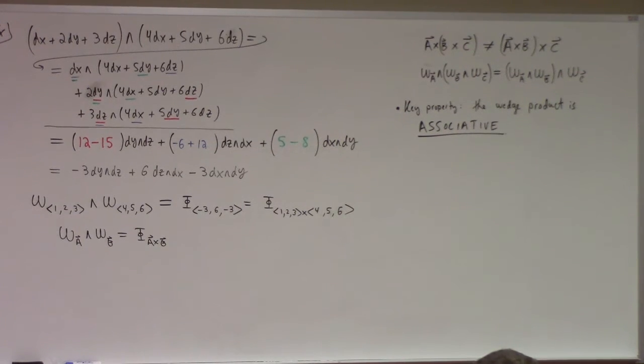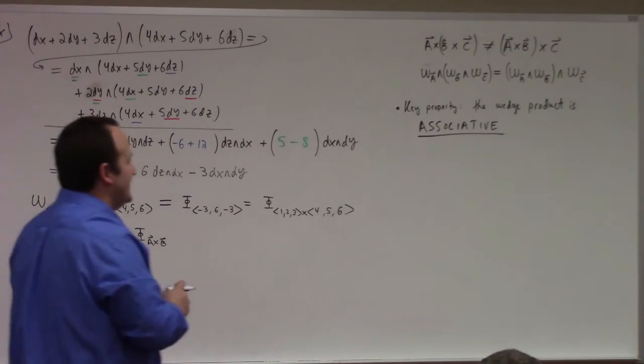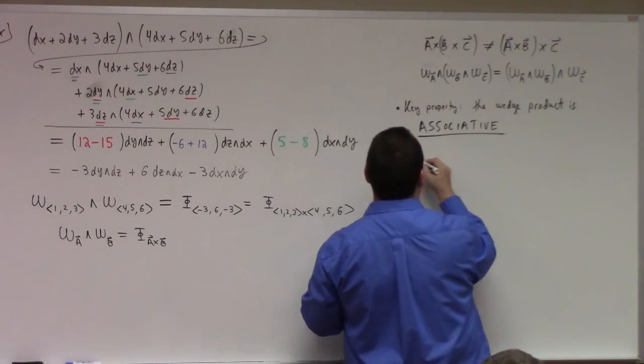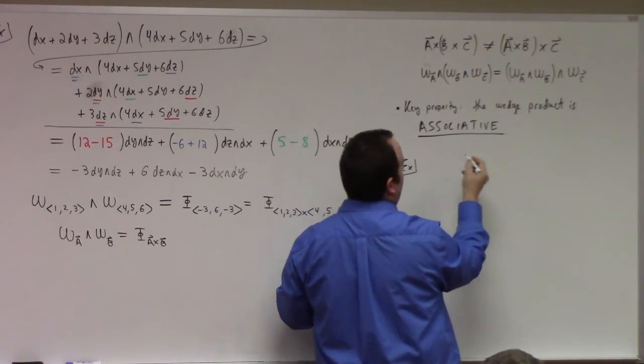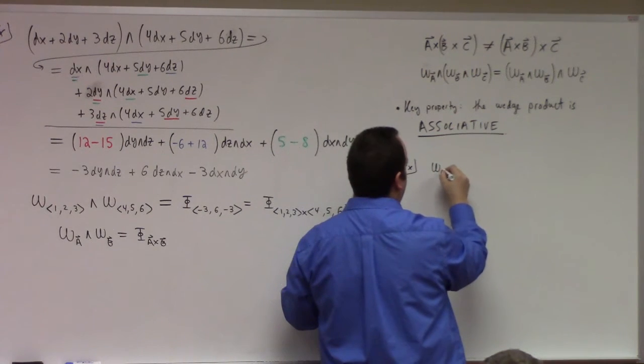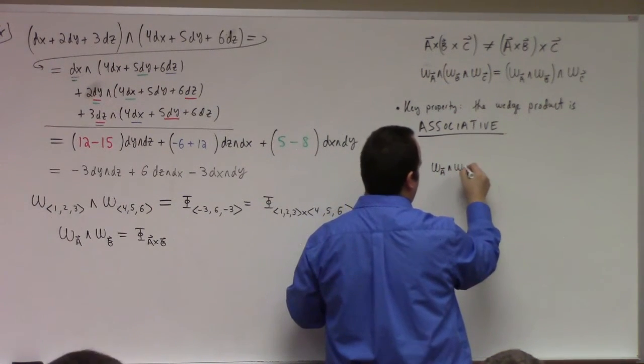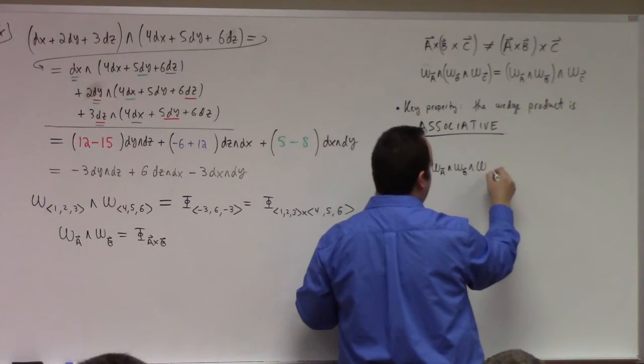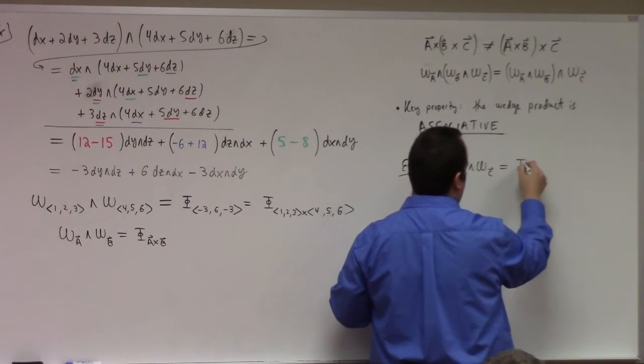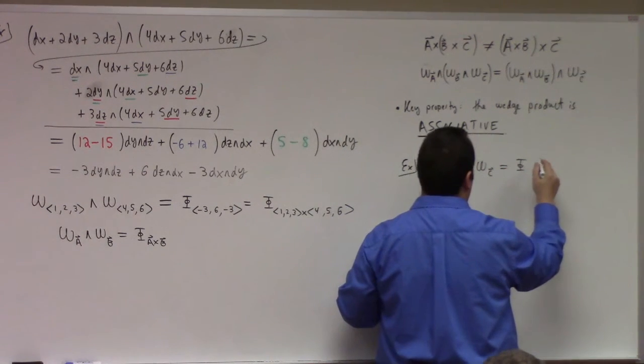I guess there's a natural question to ask. Okay, so wait a minute. If omega A wedge omega B is the cross product, then what is the triple wedge? So let's figure it out, right? You get omega A, wedge omega B, wedge omega C. We know that this is the flux form of, well,